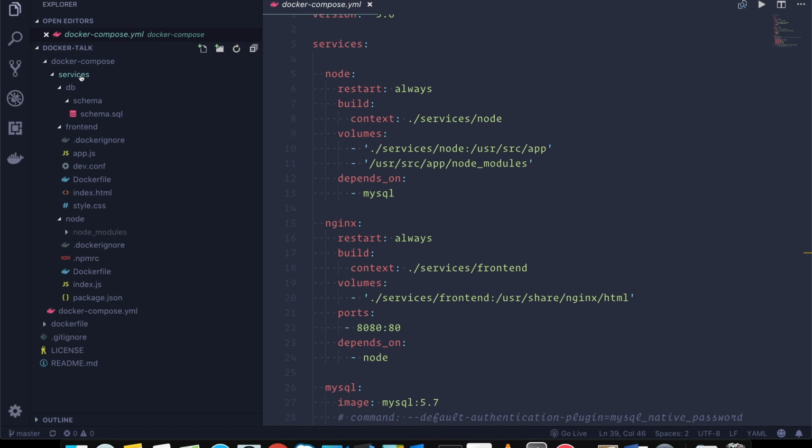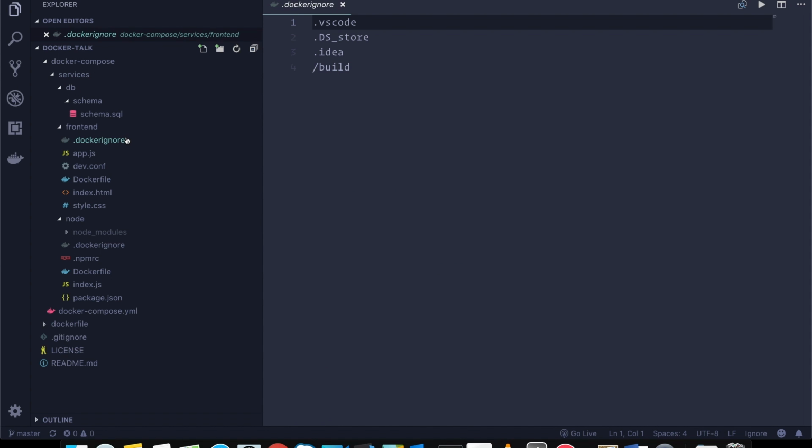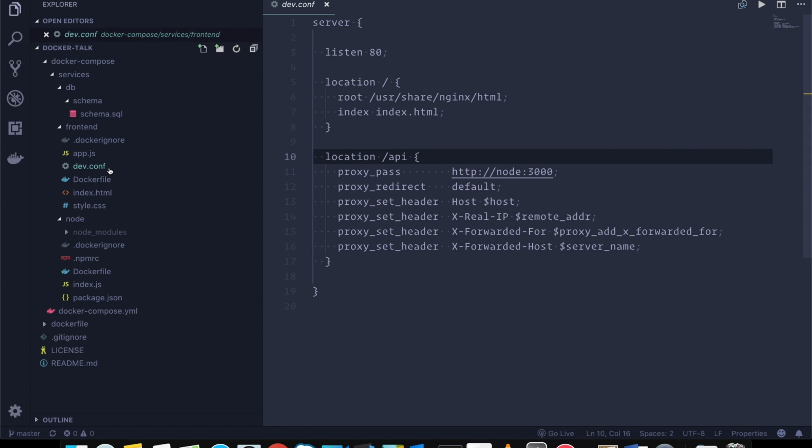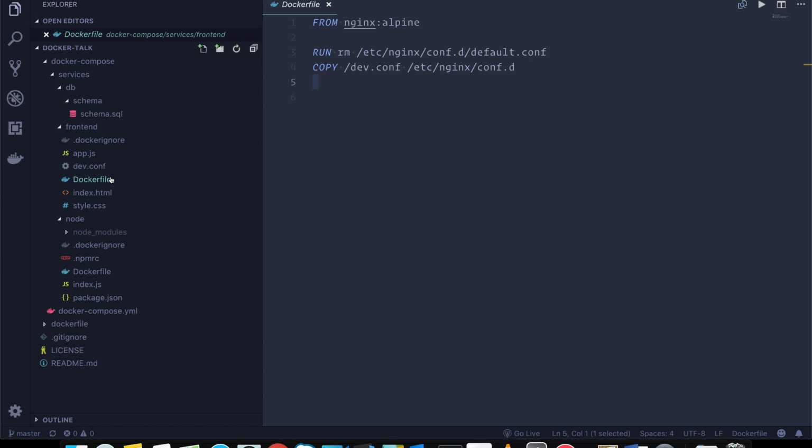So we can look in the services folder. In our DB folder, we just have the schema file. The front end folder has a Docker ignore. There are git ignore files and Docker ignore files, kind of the same concept. We have some Nginx configuration that we're going to use. And the Docker file, all that says is the image, Nginx Alpine, and we want to delete the default configuration and put in our configuration.